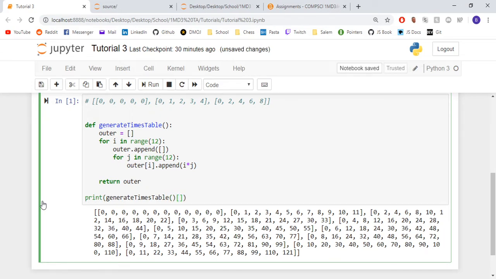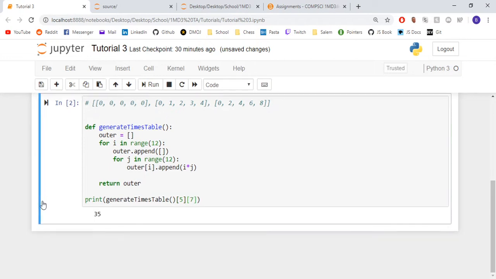So we can say, for example, 5, 7, right? We're printing the value that's at list index 5, and within that list, the value that's at index 7, right? Which is basically going to be 5 times 7, which is 35. And you'll see that even if we switch these around, it's the same thing, right? 5 times 7 equals 7 times 5. Go 11 times 11, 121. And that's the biggest value that we store. Because once again,